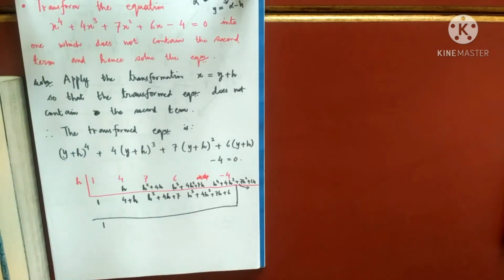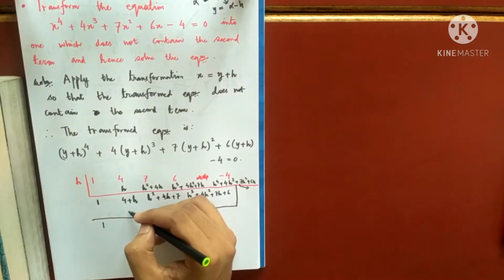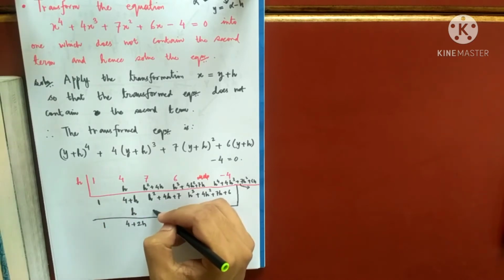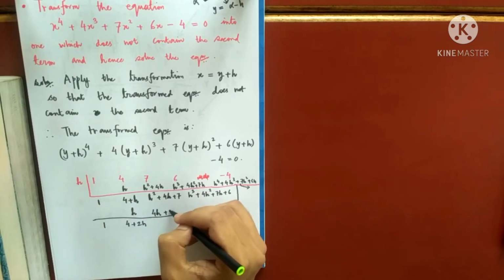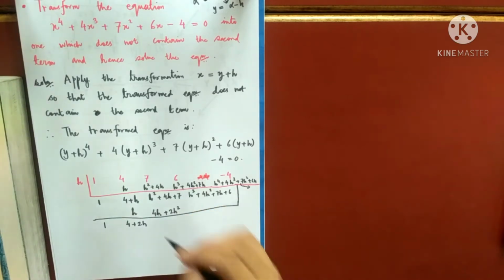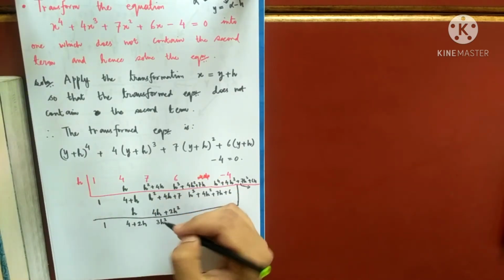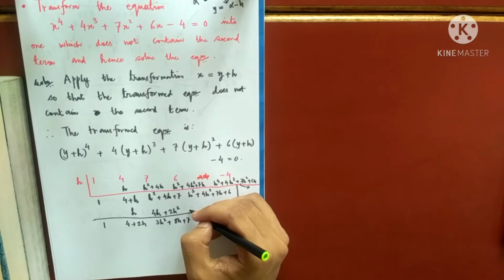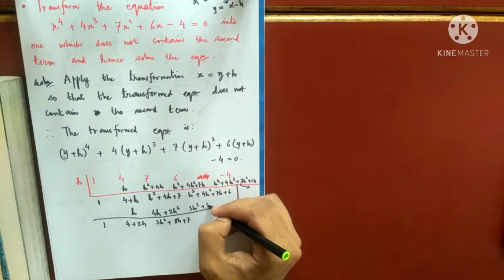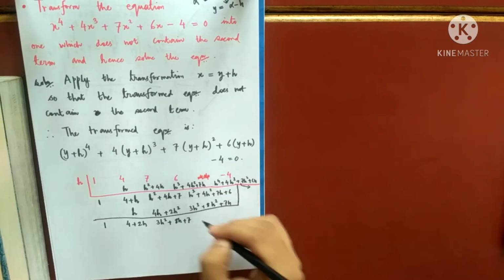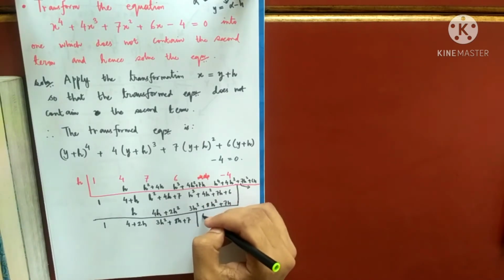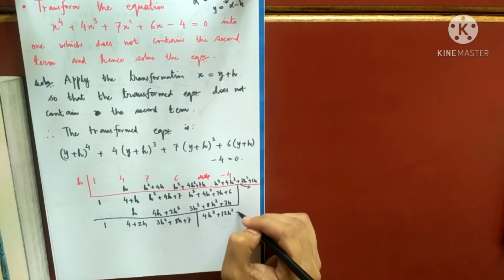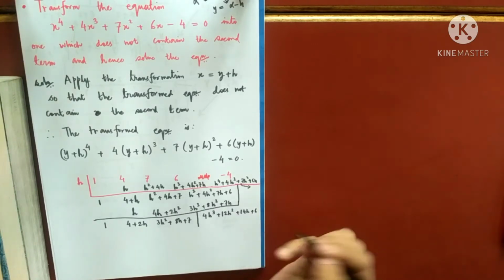So next we'll start with the same thing. Again, we'll write here 1. And then 1 with h is h, so this will become 4 plus 2h. This with h will become 4h plus 2h square. So let's add them. So h square plus 2h square is 3h square. 4h plus 4h is 8h plus 7. This with h will become 3h cube, 8h square plus 7h. Let's add them and remove them. So this will become 4h cube, 12h square plus 14h plus 6 got removed.